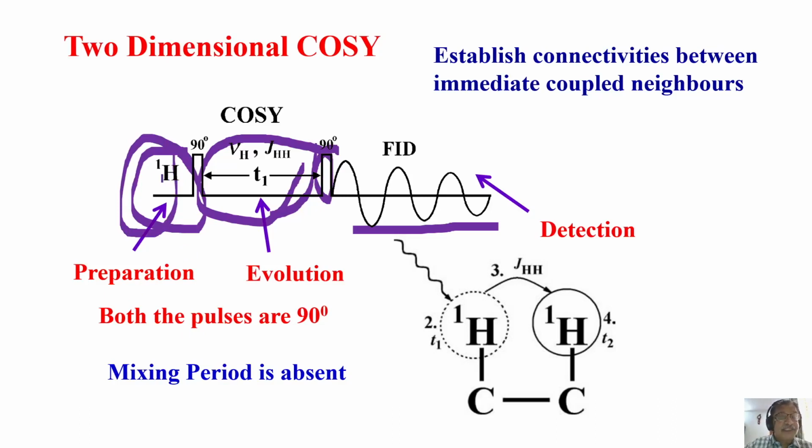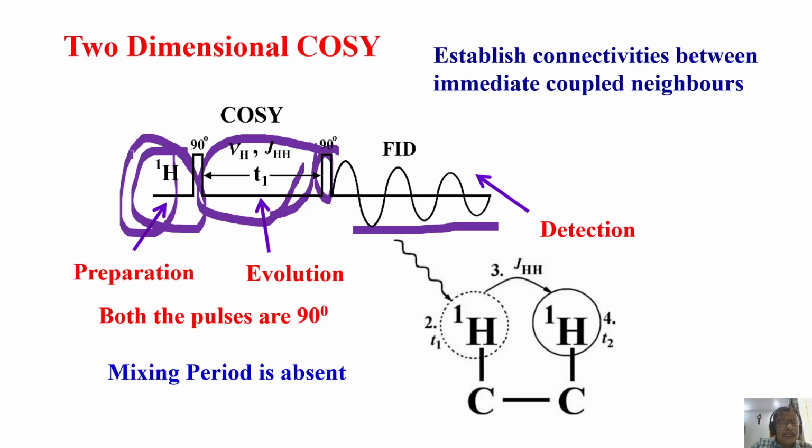We are preparing the spin system. What do you mean by preparing the spin system? In this type of experiment, you want to make sure nuclear spins attain thermal equilibrium. Put the sample in a magnetic field and wait for some time. After a few seconds, spins start aligning in the direction of the field or in the direction opposite to the magnetic field. Based on Boltzmann population distribution, they get aligned. Very simple, and we prepare the sample.